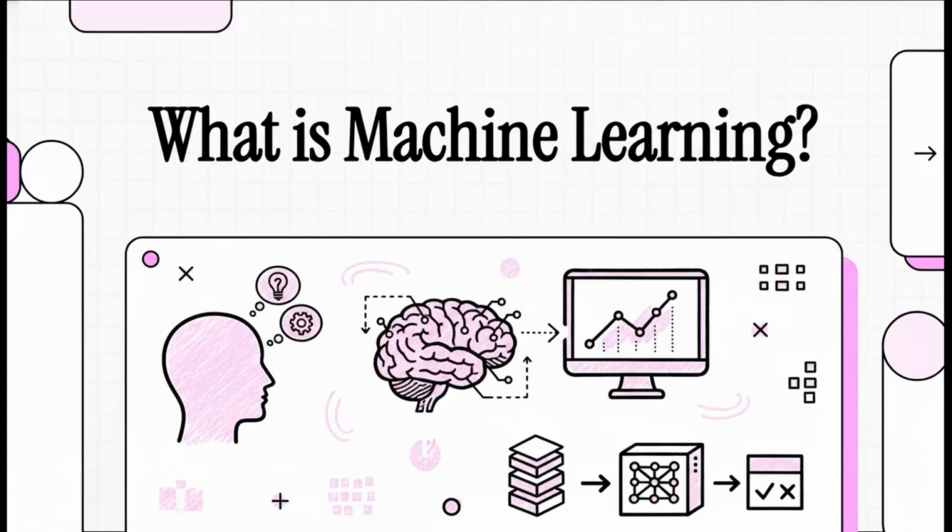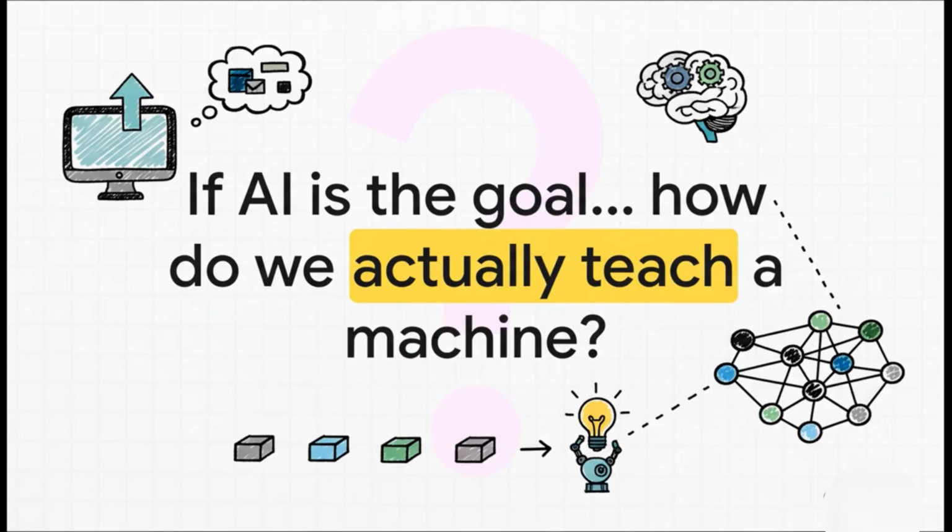So, we all hear this term artificial intelligence, or AI. It's this grand idea of teaching computers to think, to reason, to be, well, smart, like us. But that immediately brings up a huge question. How do you actually do it? How do you get a computer to learn from experience instead of just blindly following a rigid set of instructions someone programmed into it? Well, the answer is a field that has completely, and I mean completely, reshaped our world.